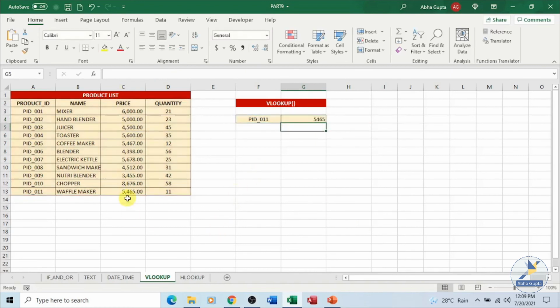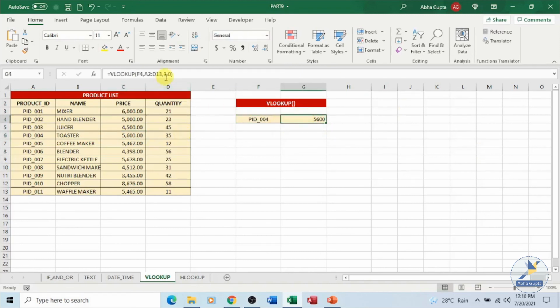enter key. You can see this value over here. That is in the third column, I am looking for this particular product ID. Say if I am looking for this particular value, instead of again making a change in the formula, I can simply change the value over here. Say instead of this, I am looking for this, and press the enter key. You can see the changes over here. I have got a different price.